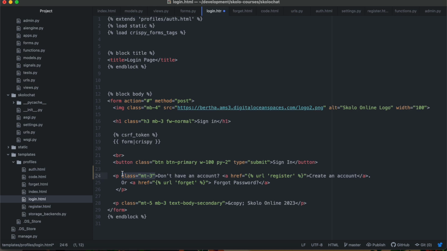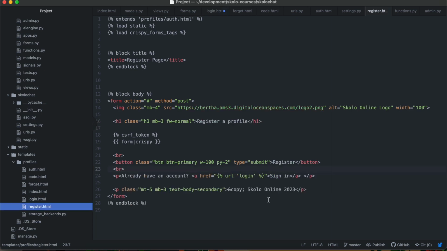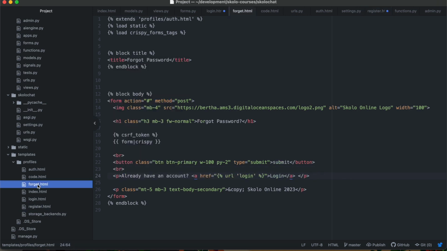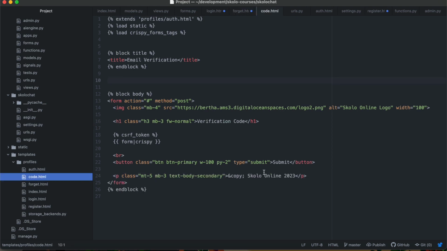And let's put in on all the other. So it's login, it's register. Okay. It's forgot password. Just put in a margin top 3. And obviously the code page, we want to give people the option to move back to the registration page. You know, maybe they did put in a wrong email address, right? So you want to say